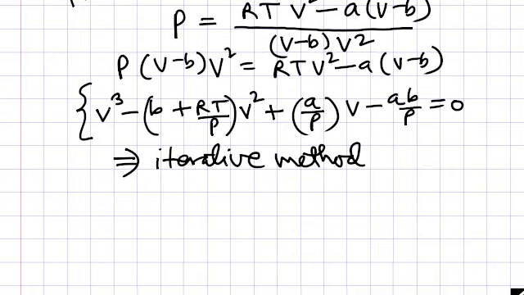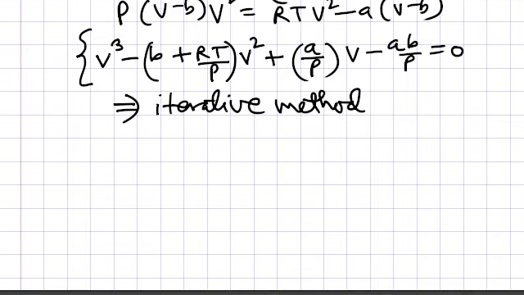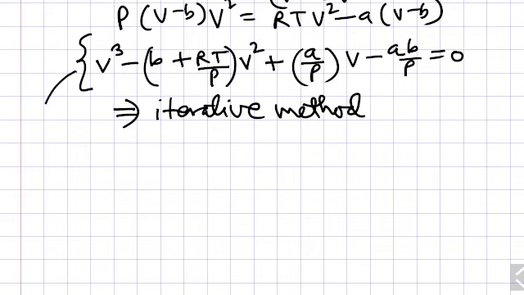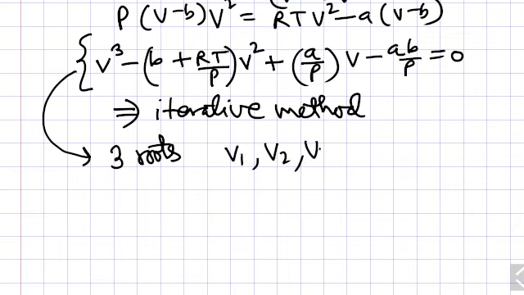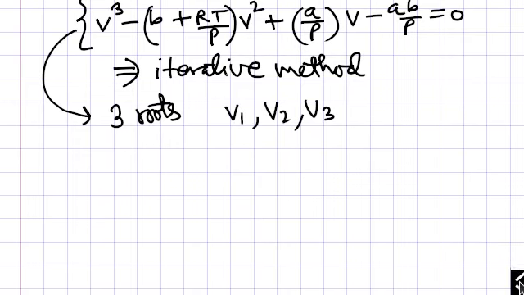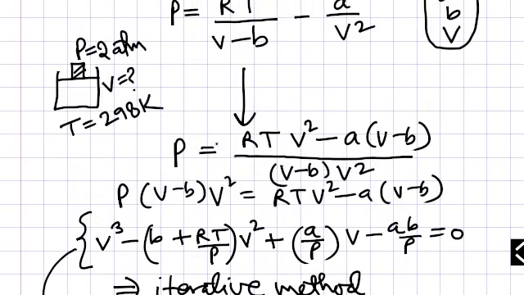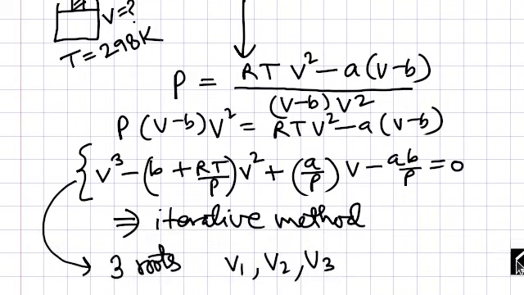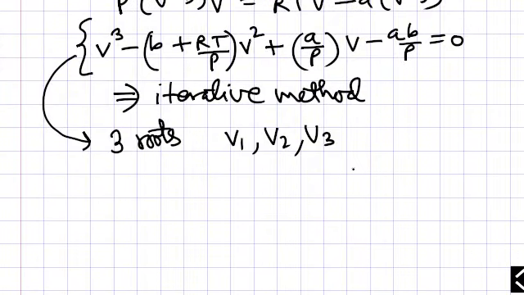And now I come to the result of this equation. I mean to say that this equation is cubic in volume, so you will get 3 roots after solving it. Yes, you can say 3 roots you will get of this equation. It will give you 3 volumes. So if it is giving you 3 values, then what value will you choose for this system, because your solution is giving you 3 values of volume.